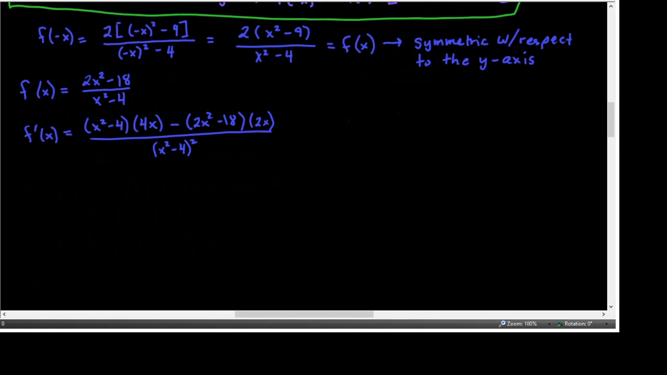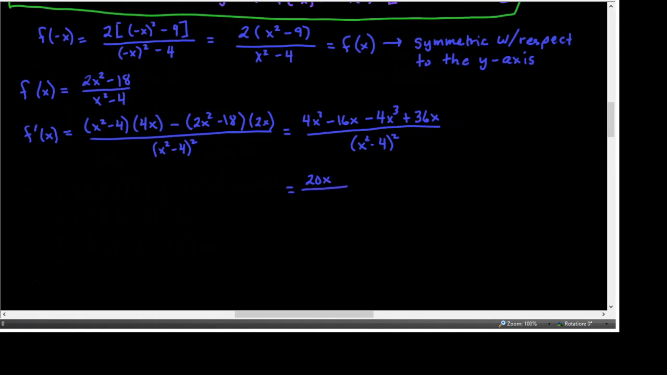So let's do some simplification. See, that's 4x cubed minus 16x minus 4x cubed plus 36x all over x squared minus 4, squared. And that simplifies to be 20x